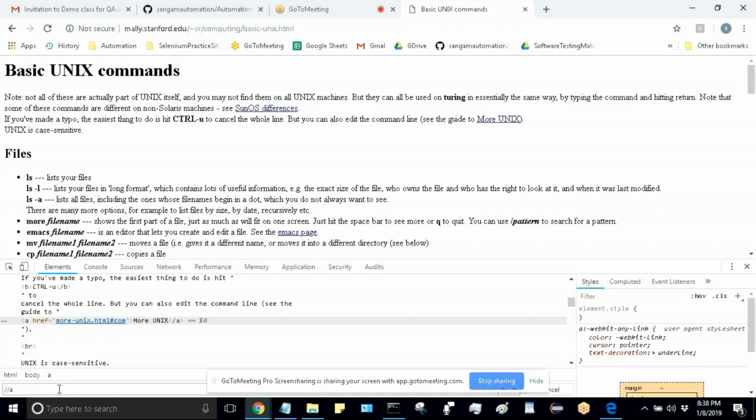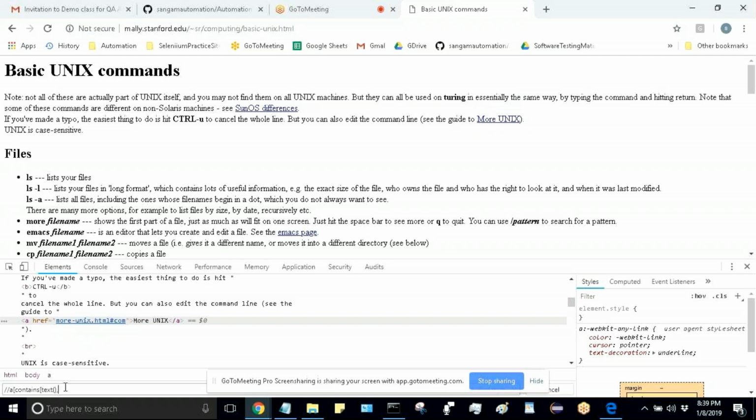So in this case, I want to use, like I said, More Unix, and let's say there is 1, 2, 3, 4, which is changing dynamically every time I refresh the page. In which case I have to use the contains, right? So let's use the contains, even though a dynamic value is not there. So what is the syntax? Contains, and this is the text property. It is not the href property, the href value. Nothing is mentioned. What you see is a text property. So I can use text,